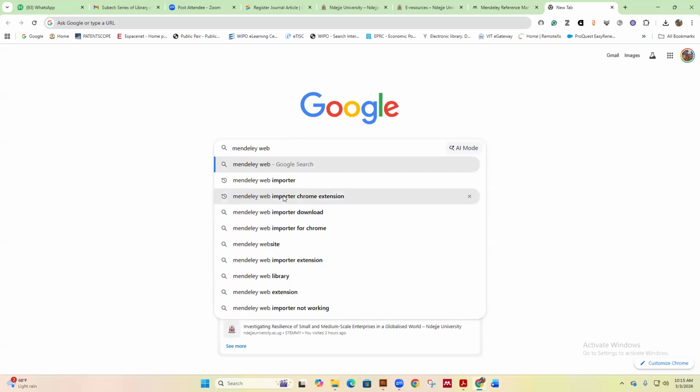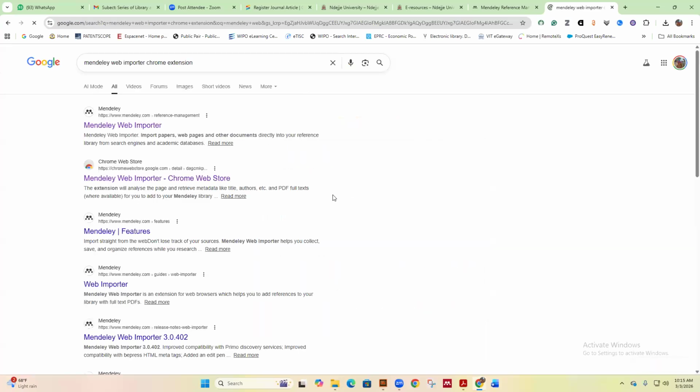And by default, it can show you the extension of your browser you are using. I'm using Chrome. If you're using Firefox, it may indicate Firefox. If it doesn't, just click on Mendeley Web Importer. It can indicate Importer for Chrome, Microsoft Edge, Firefox, and others. So the moment I select Chrome, I'll go to Web Importer for Chrome,